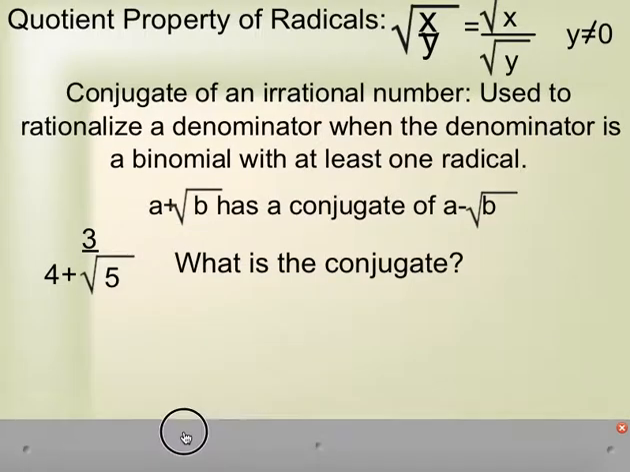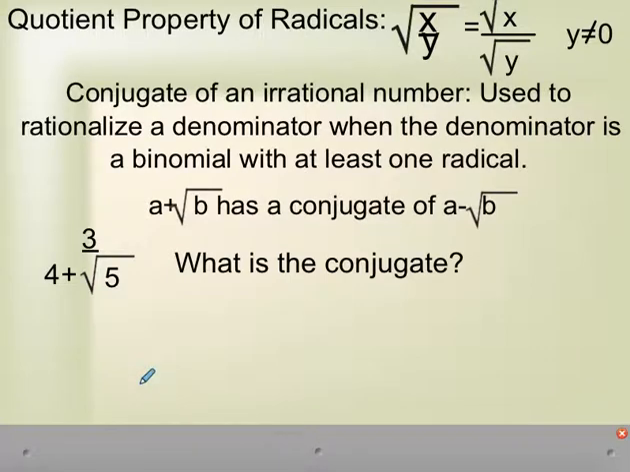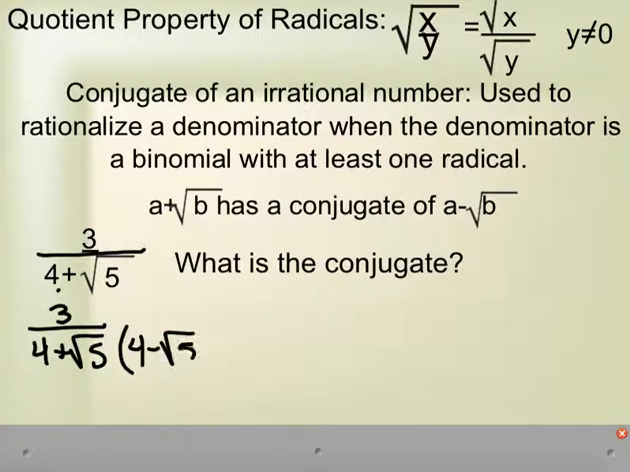If I have 3 over 4 plus root 5, and I need to get rid of that root 5, well, I can't just multiply by square root of 5 over square root of 5, because that would just give the root 5 to the 4, and that's not enough to make it in simplest form. I have to multiply by the conjugate. So if I have 3 over 4 plus root 5, and I multiply by the conjugate of 4 minus root 5 over 4 minus root 5,